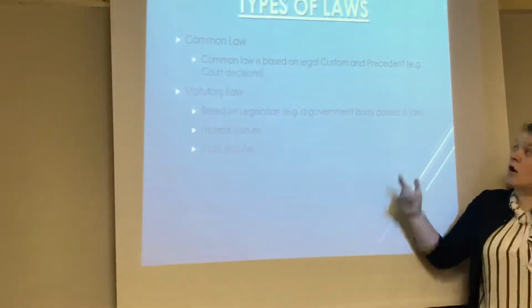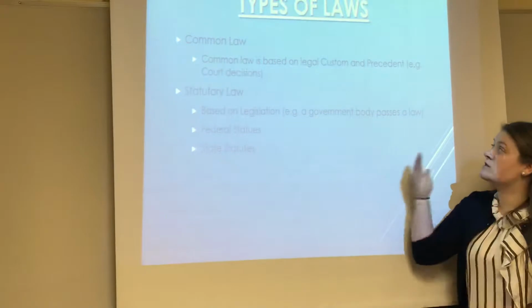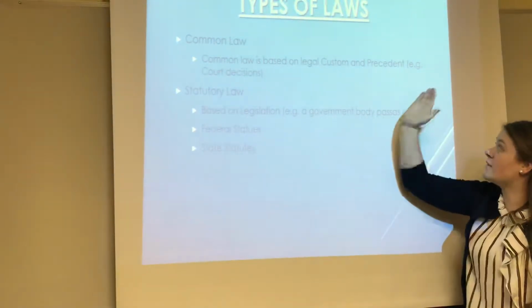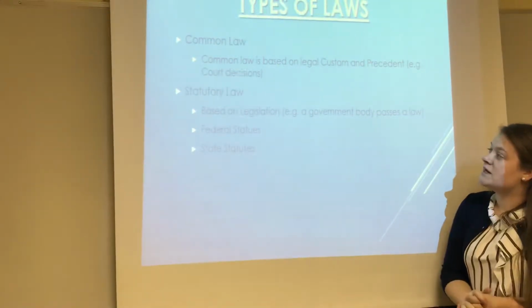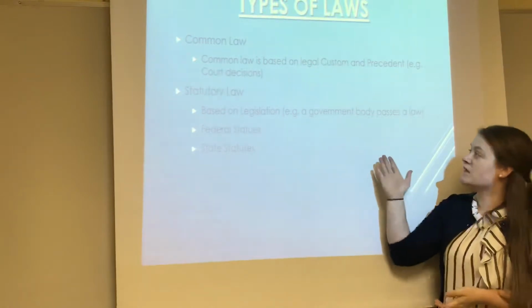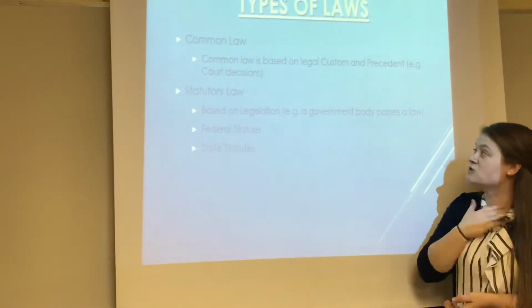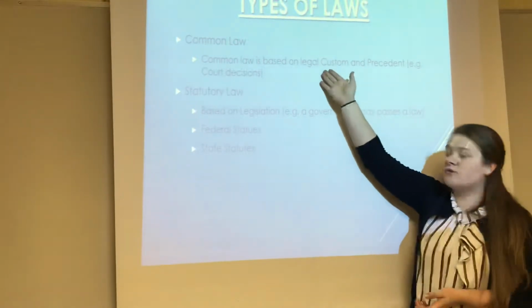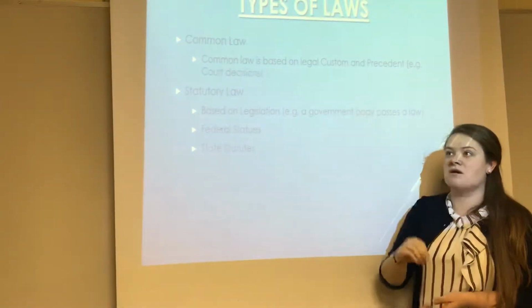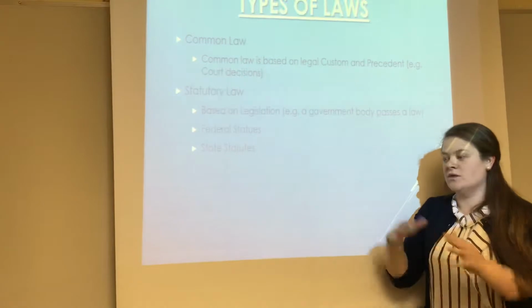So types of law: common law and statutory law. Common law is based on legal custom and precedent. Talk about that in a second. And then statutory law is based on legislation. A government body passes federal statutes, state statutes. So these are kind of weird things that happen that we have to base off. Well, this happened in this